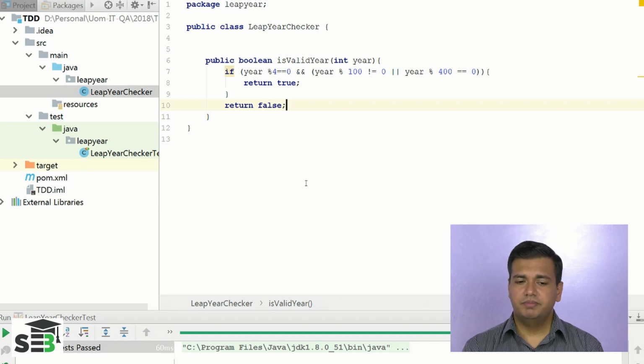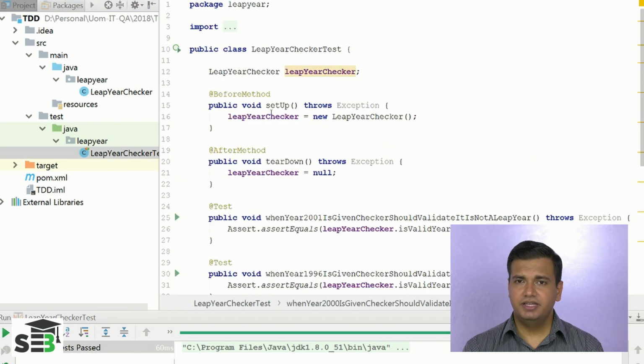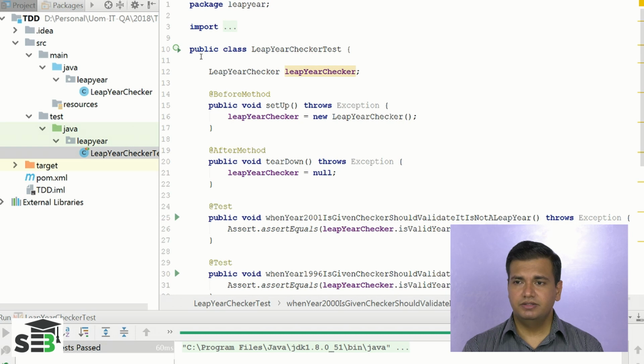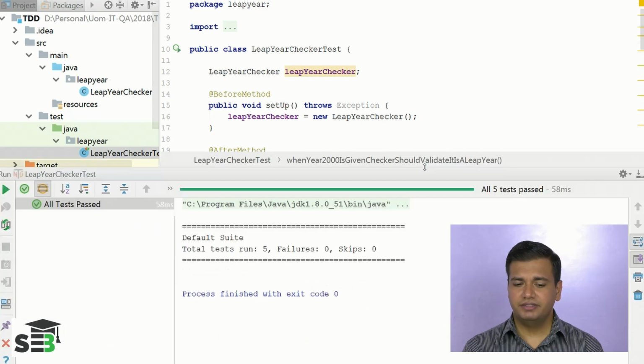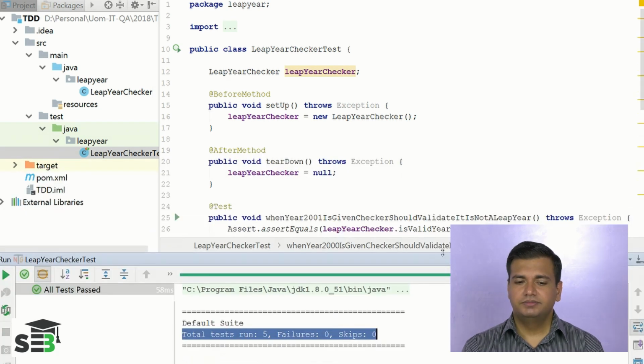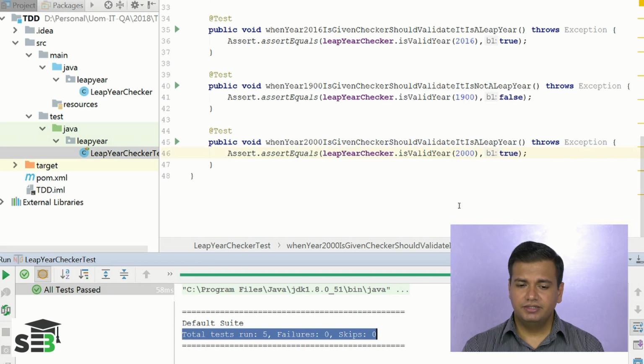Now I need to run my unit test. I have 5 test methods. I need to run them and see whether my tests are passing or whether they are failing. Okay, so successfully all my 5 tests are passing. So the logic that I have done, the refactoring thing in my logic, it has no impact on the test cases. Next, I need to look at the